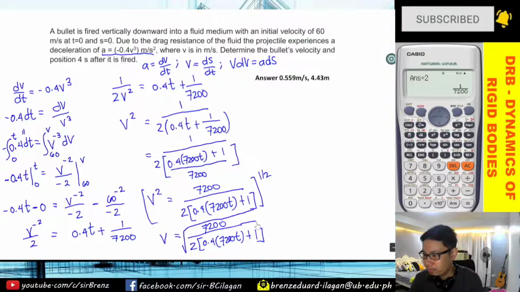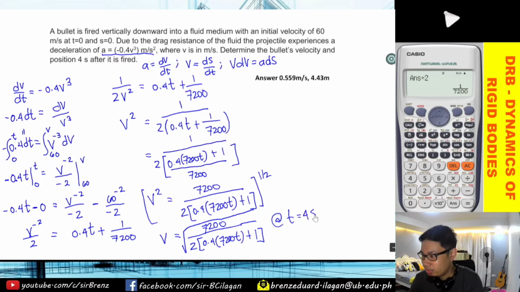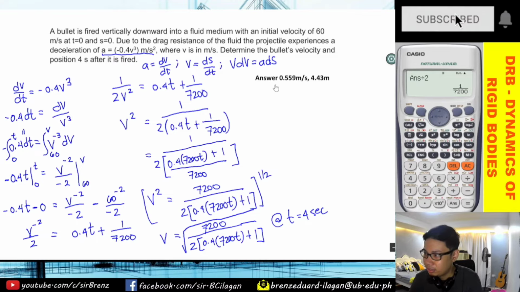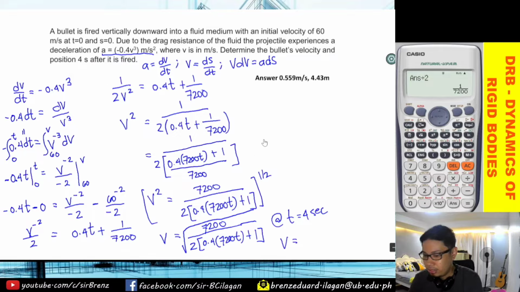Ayan. So, ano ba yung sabi doon? So at t is equals to 4 seconds. So palitan mo lang to ng 4, so mahanap natin yung velocity. So hopefully makuha natin tong 0.559. So sige, substitute lang natin. So that will be